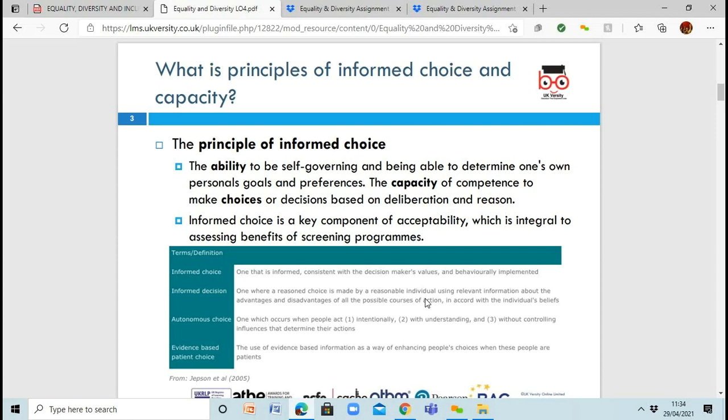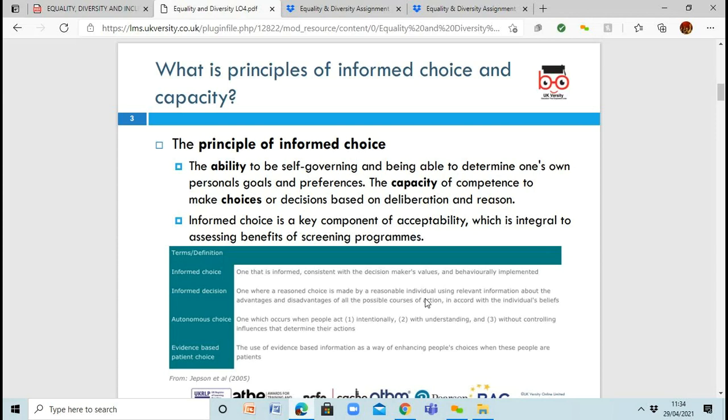That you've got the capacity, you've got competence to make your own decisions, and that you can listen to something, be given information, deliberate on it, reason on it, and then make a reasoned choice according to the information you've been given. So informed choice is a key component of acceptability and is integral to assessing benefits of screening